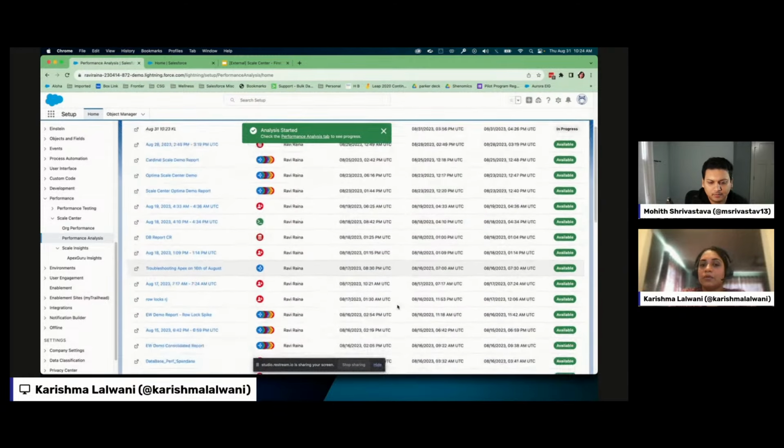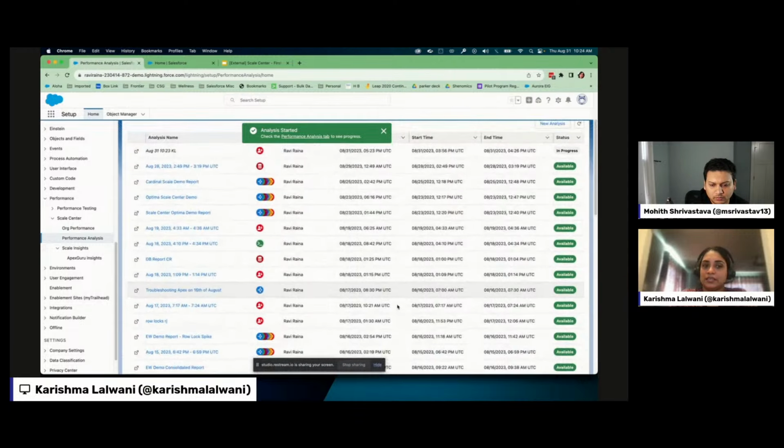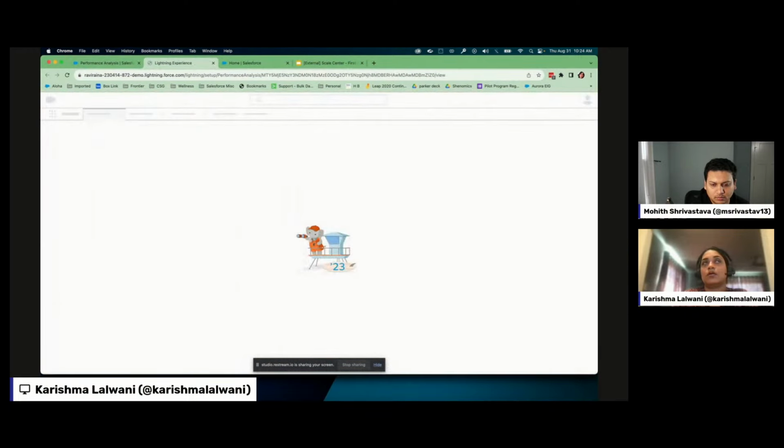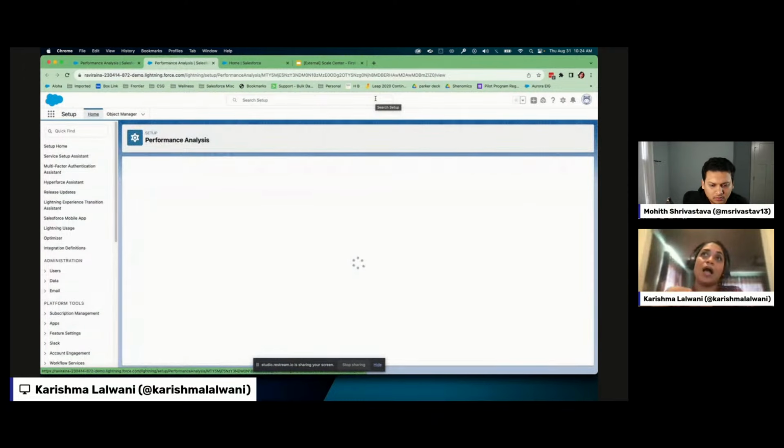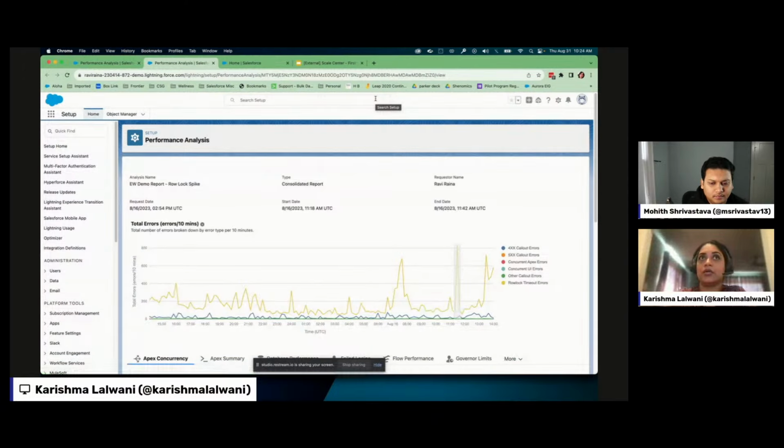Now, let me show you something existing. So let's take the Rollup example. Let's say you're taking a sample report, this is what the report will look like after you have generated it. So this is a Rollup report. It says that there were 500 Rollups at this point. And if I go to